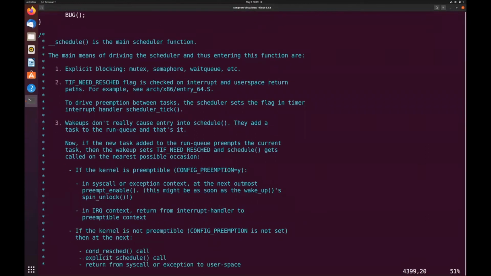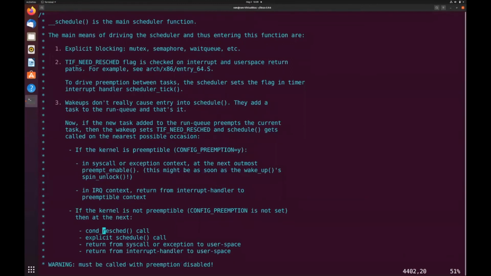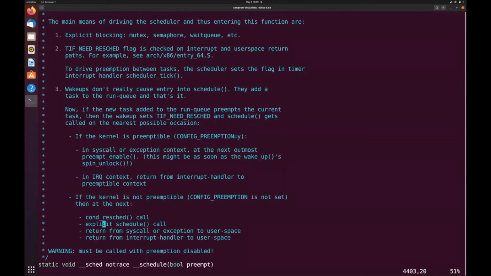If the kernel is not preemptible, that means preemption cannot happen. At that time, there can be conditional rescheduling of the process, so we can call the schedule function, or explicitly we can call it. And similarly, as we have discussed, when the kernel is returning from the system call or interrupt context, then it can call the schedule function.